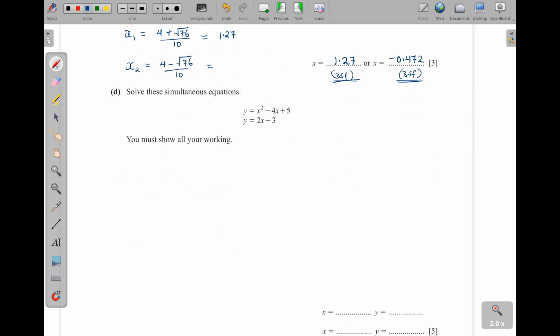Okay, then part D, solve these simultaneous equations. One is linear, the other one is non-linear. You must show all your working. So what we do, we solve them simultaneously using substitution method. So since y is equal to this and also y is equal to this, then these two are equal. So that means for intersection,